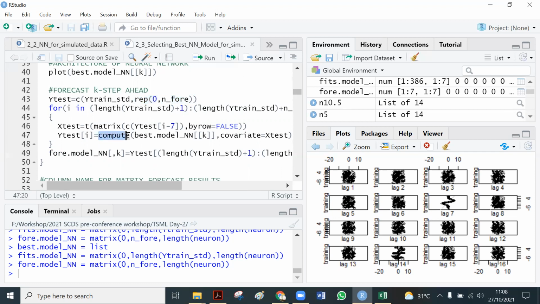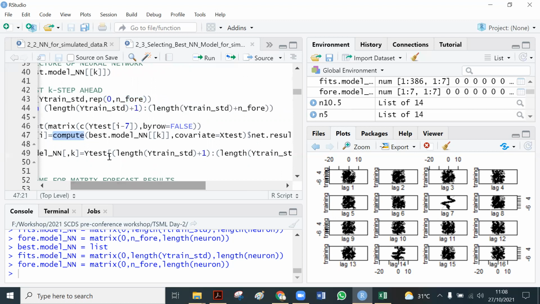And then this is how we compute the forecasted value.